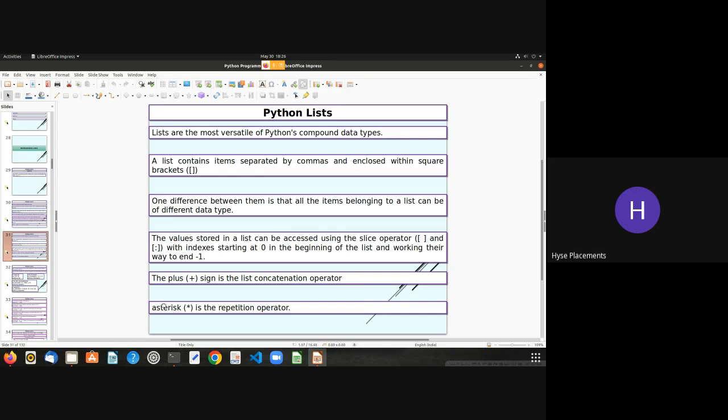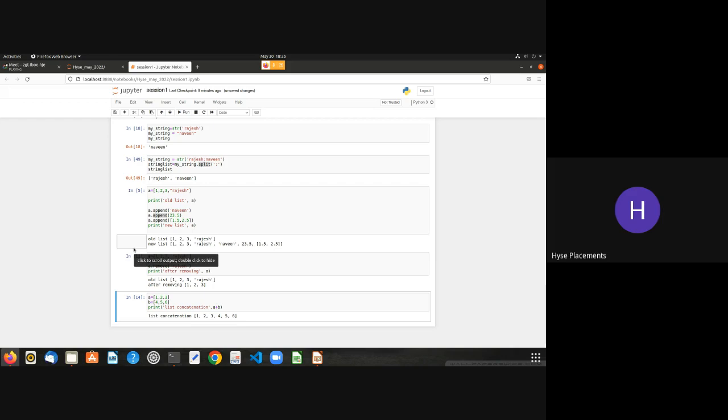Okay, asterisk is a repetition operator. Same way, for the string, we have multiplied by 3, in the sense Rajesh, Rajesh, Rajesh. We got it in the previous class. That was the output there. Now, if I want to do it with a list, okay,